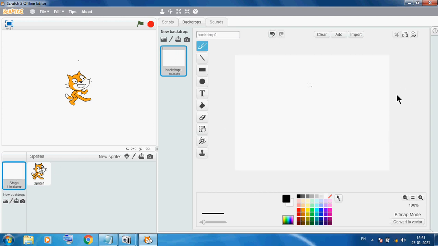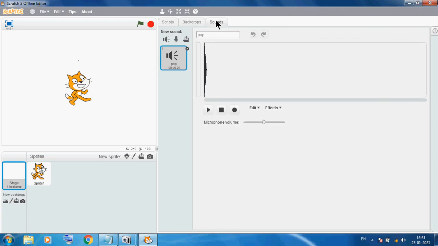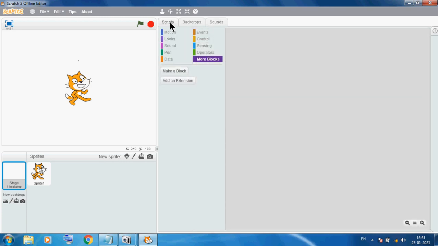When you select this backdrops, here you can again see script, backdrop and sound. So every time you can see three things for the background. When you use sprite characters, again we have three things: script, costume and sound.